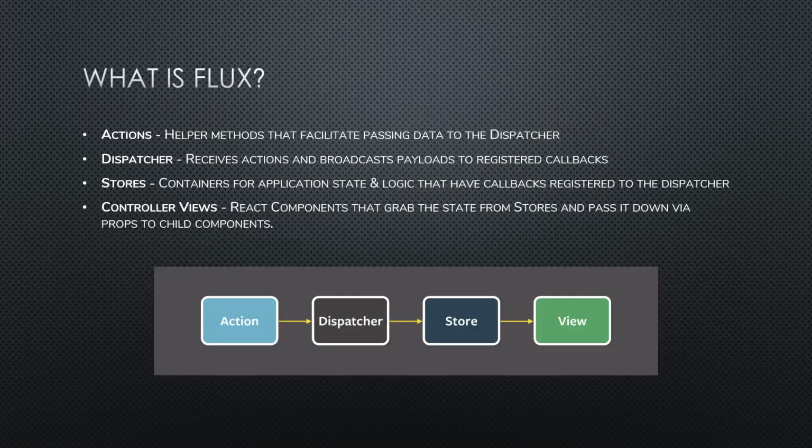So what is this Flux architecture? Flux consists of four main parts: action, dispatcher, stores, controller view. Let me give you an overview first. It complements React's composable view components by utilizing unidirectional data flow, as I said. It's more of a pattern. It's not a framework, it's not a library. In this topic we are not going to code anything. We are just looking at how React works and how it's built, the idea behind the architecture of React.